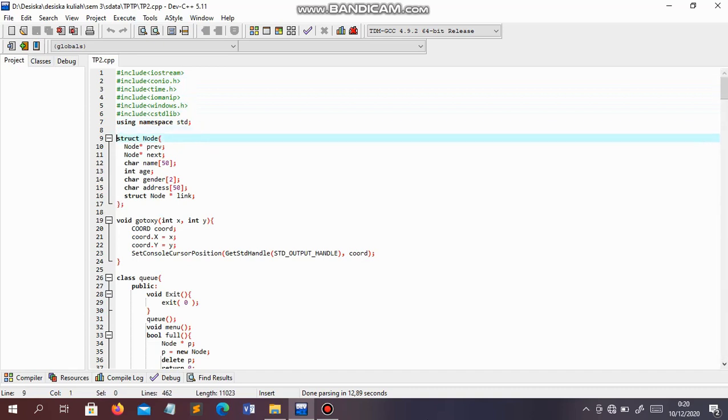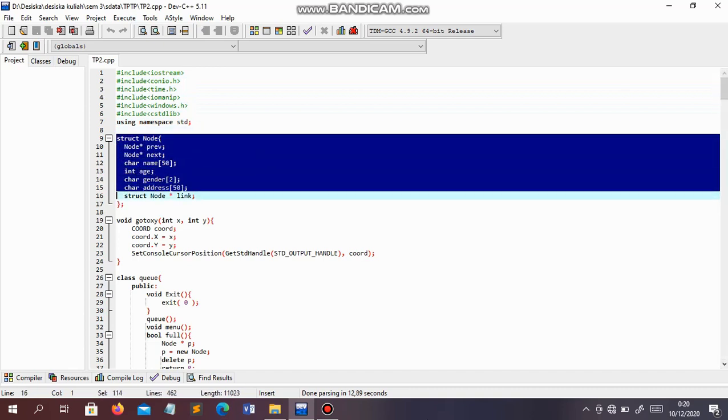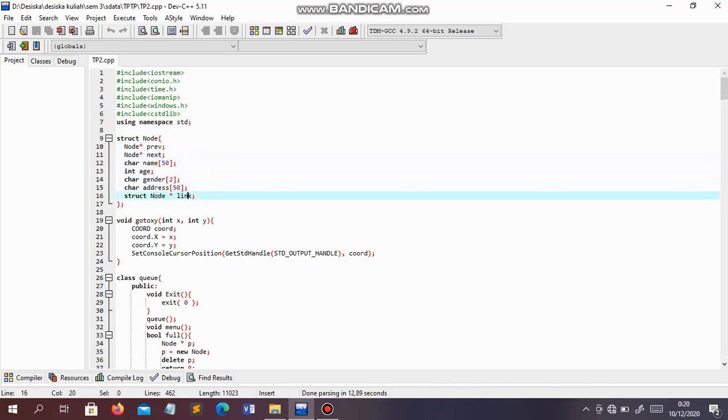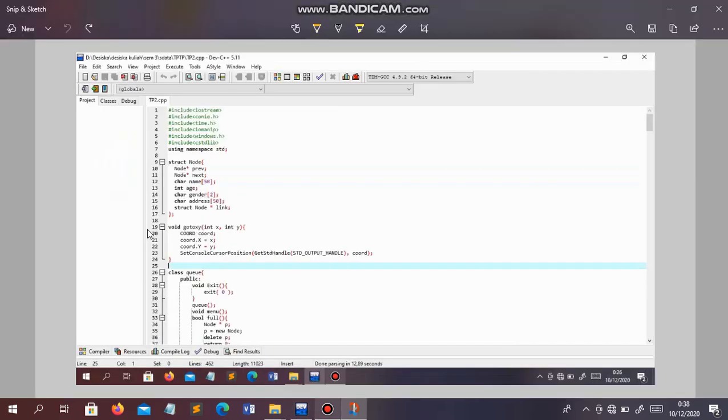And at line 9 until line 17, we will make a doubly linked list, with node previous and next for the doubly linked list, and a struct node for a new node. And same as we previously explained about the struct, to enter name, age, gender, address data in accordance with the provisions for the amount and data type. Next,